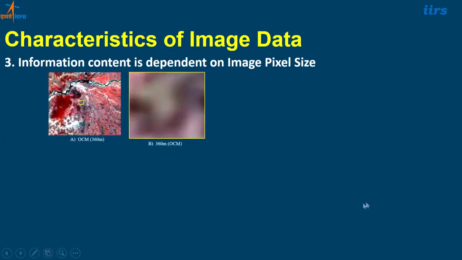Okay, if you can see here, this is one image from Ocean Color Monitor, one sensor. This is 360 meters. Now this 360 meters, if I zoom it further at this region, at this zoom level I am able to see some features. But if I zoom it further here to 1 pixel level, I will get something like this. You cannot see anything over here. Information content is not at all visible. I am able to see at this zoom level, but I am not able to see at this zoom level. So you should be aware how